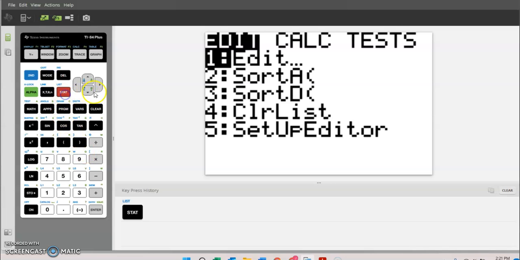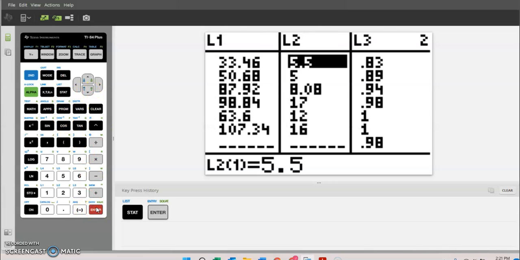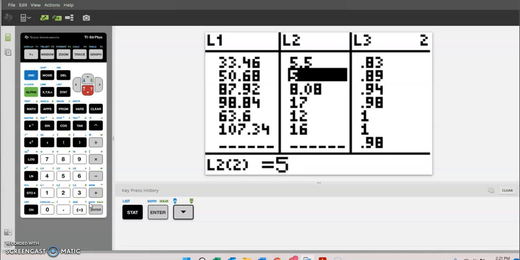Remember, go to Stat, go to Edit, and you can see here in List 1 and List 2, I've input the amounts and the tips. And this is the most annoying part of the process. Now, if you did want to see the